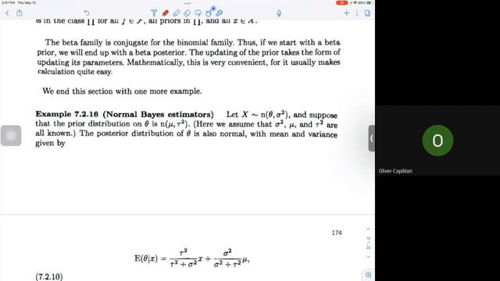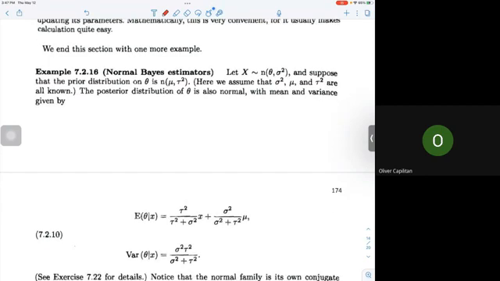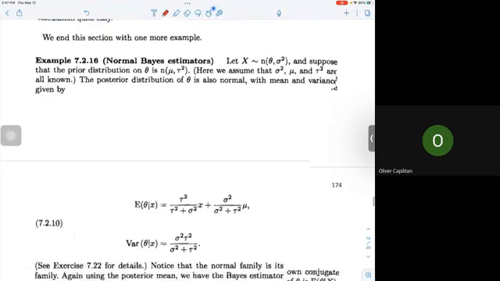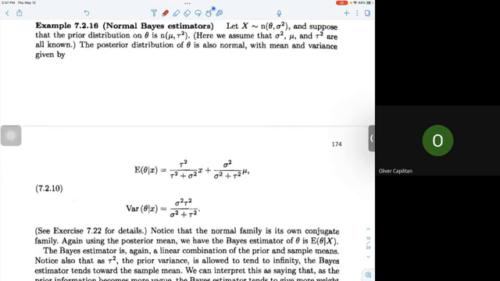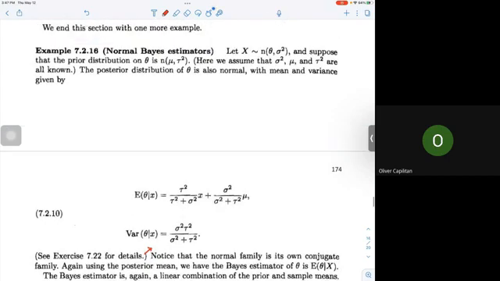So the posterior distribution of theta is also normal with mean and variance given by the book directly. You can see in exercise 7.22 for details. So I'm going to give you this as one of your problem sets. Verify that our posterior distribution of our parameter theta is also normal with the corresponding mean and variance. So in other words, if we're going to verify it,